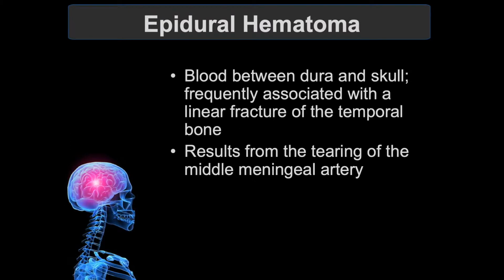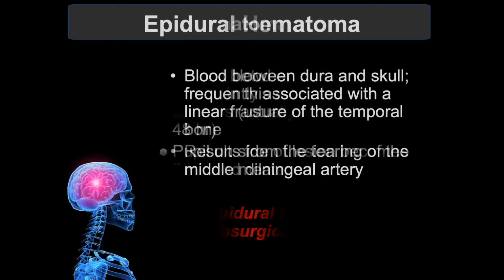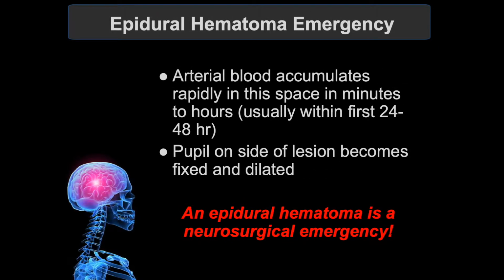This is when blood is found between the dura and the skull. It is frequently associated with a linear fracture of the temporal bone, and it results from the tearing of the middle meningeal artery. An epidural hematoma is a neurosurgical emergency. Arterial blood accumulates rapidly in the space in minutes to hours, that is, usually within the first 24 to 48 hours. One of the ways to see this is that the pupil on the side of the lesion becomes fixed